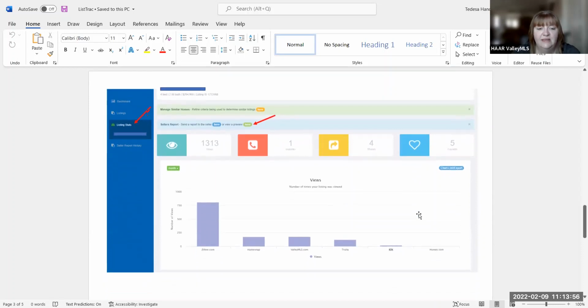You can also generate a seller report. This is not the seller's report, but you can hit right here where it says here, and that would show you a version of this that you could send to your seller if you were wanting to show them, like, yes, we haven't gotten a lot of showings, but a lot of people are looking at it. I mean, maybe we need to talk about price. Maybe we need to talk about whatever it is that's keeping people from calling, because it's not that they aren't seeing it. It's just that they're not generating interest. So what can we do? This is just a great tool to have and be aware of. And I wanted to point that out so that you would have that.